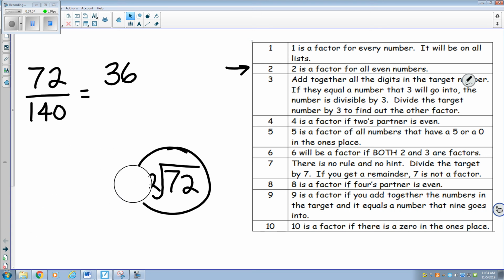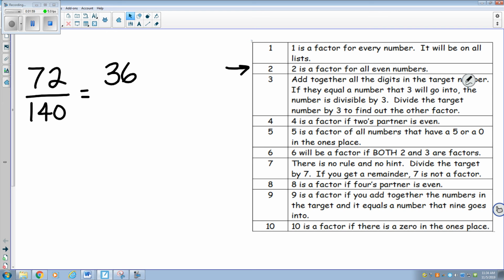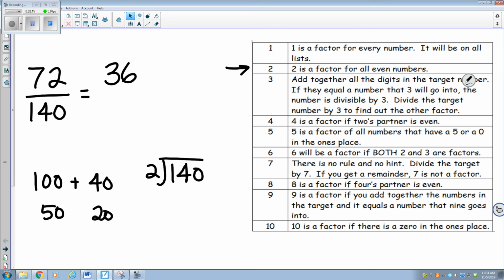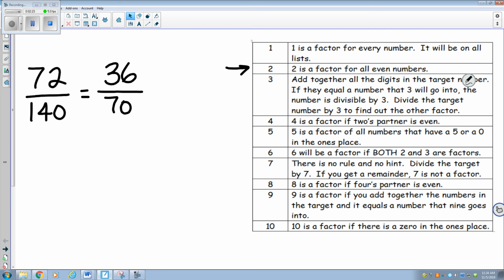We also have to figure out half of 140. Again, we could do 140 divided by 2. Or we can just take the number 140 and break it down like 100 plus 40. Half of 100 is 50. Half of 40 is 20. So half of 140 is 50 plus 20, which is 70. So we took 72 over 140 and we simplified it down to 36/70ths, but they're both even again, which means